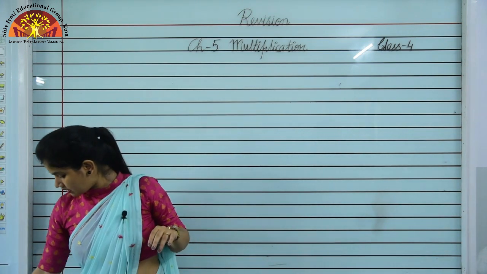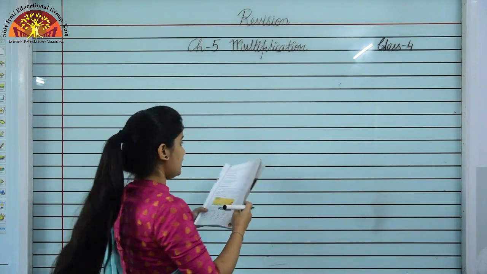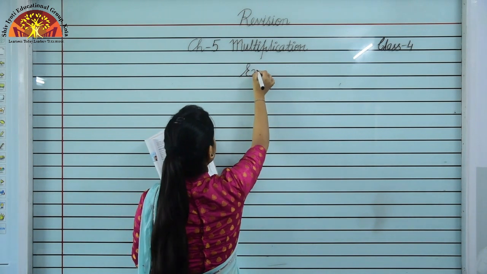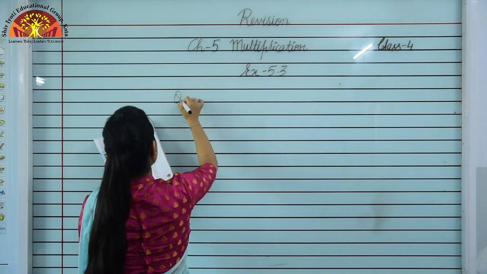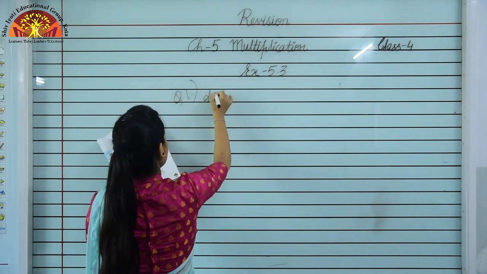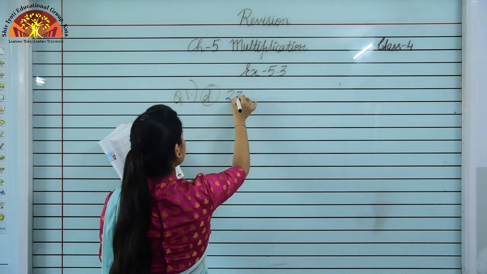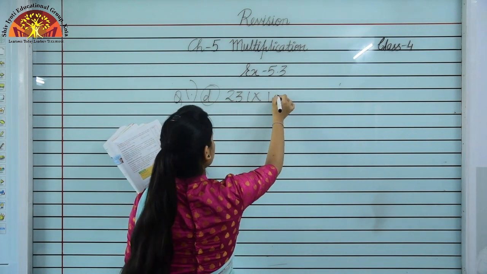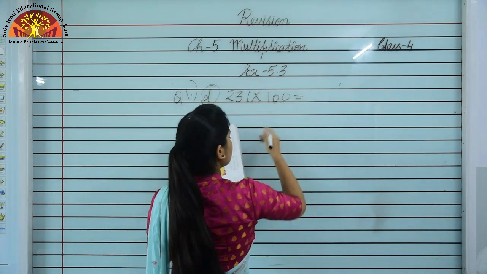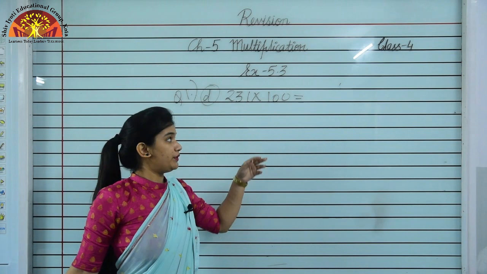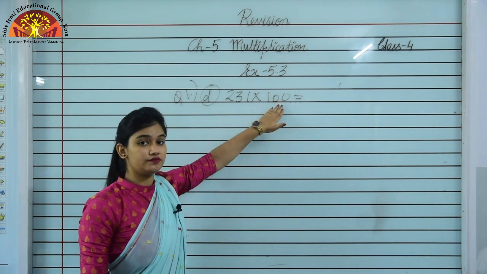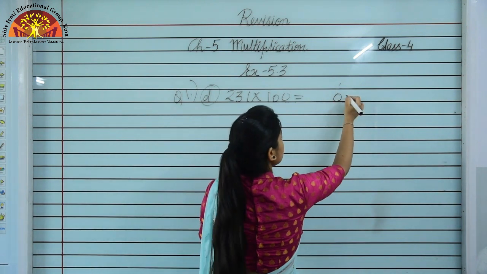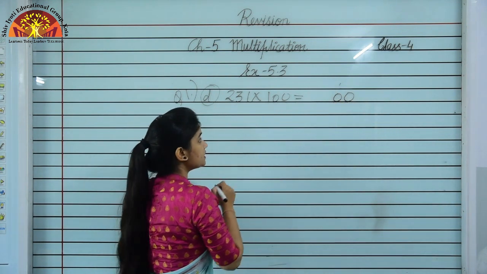Students, open page number 57, exercise 5.3. Exercise 5.3 on page number 57, we are taking question number 1, D part, and the D part is 231 into 100. As I have told you, students, you have to observe the zero. Whenever you are multiplying by 10, by 100 and by 1000, you have to observe these zeros. We see 20, so we'll put 20 in product, and